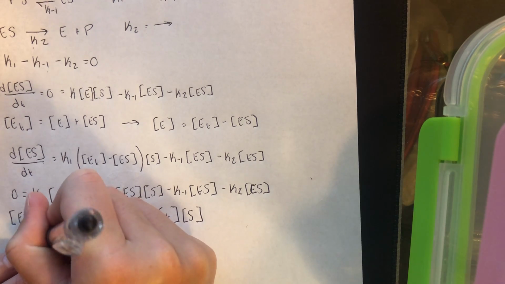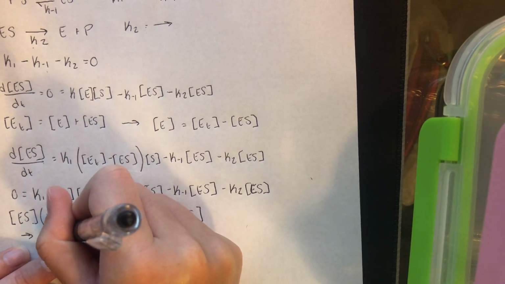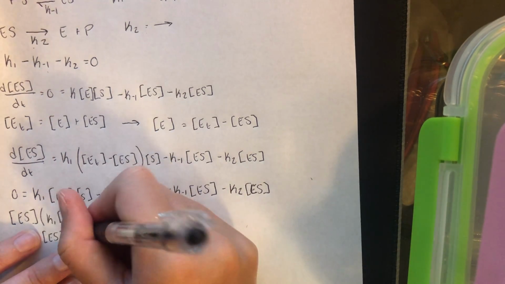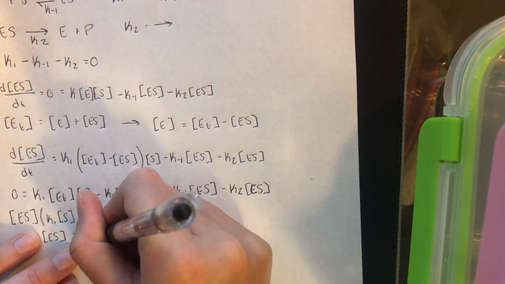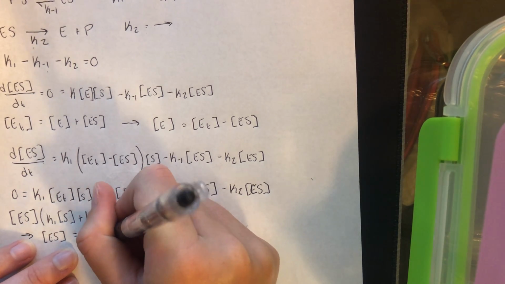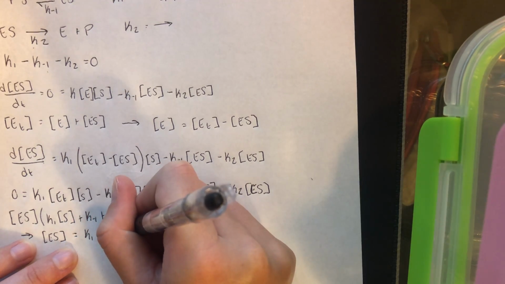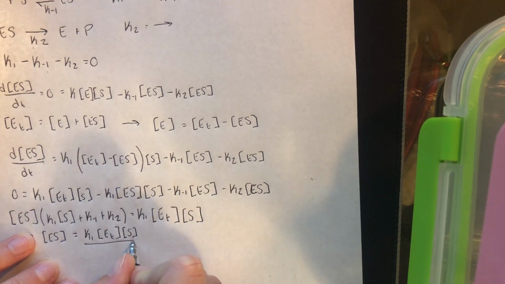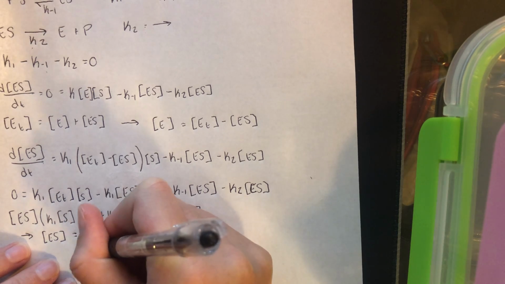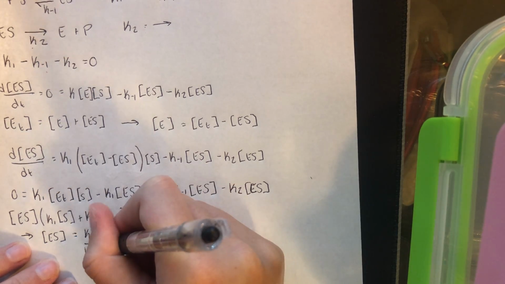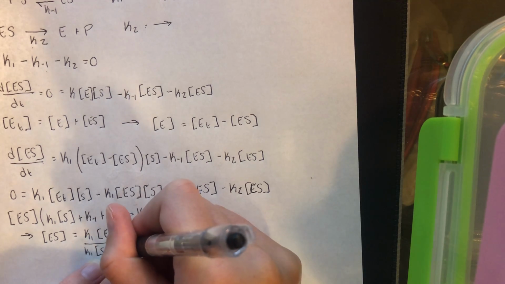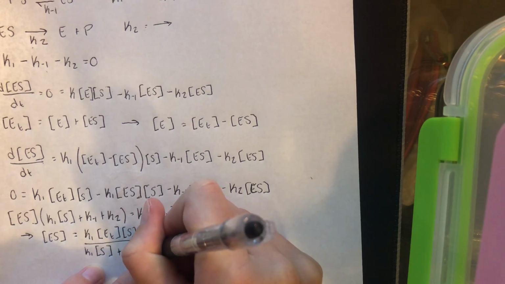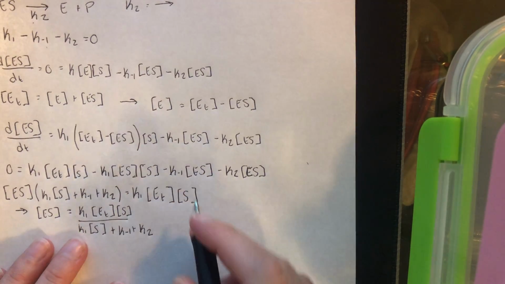We have the concentration of ES alone on one side, and this equals K1 times the concentration of enzyme total times concentration of S, over K1 times concentration of S plus K minus 1 plus K2, and to further solve from here,